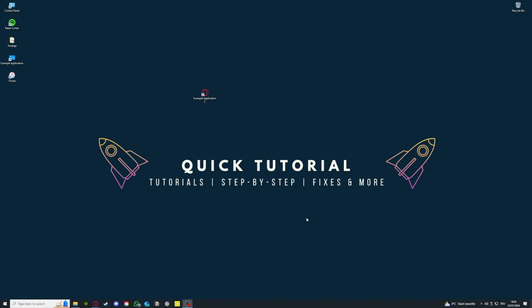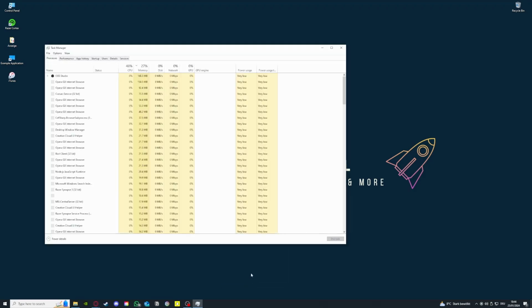Before we get into the video, I just want to say that I will show you some easy fixes that you might already have tried, for example, a restart. That's the first thing I'm going to mention, and later on I'm going to go into the more complex fixes which might help you prevent the crashing of the program. So yeah, let's start. First of all, I want to recommend you to open your task manager and check